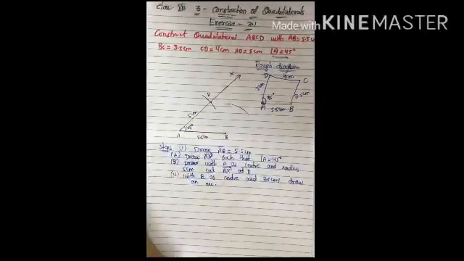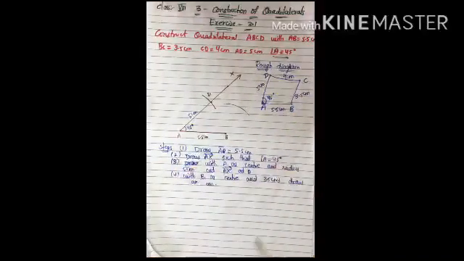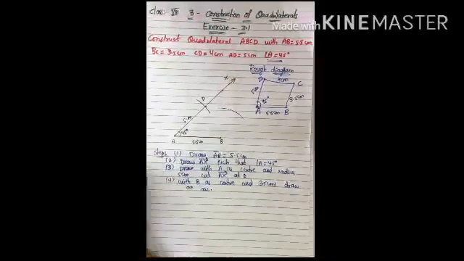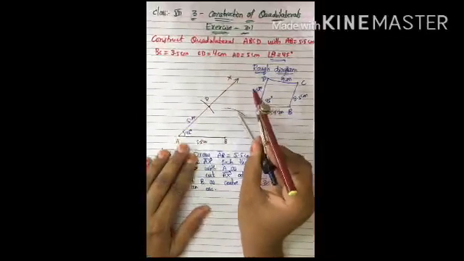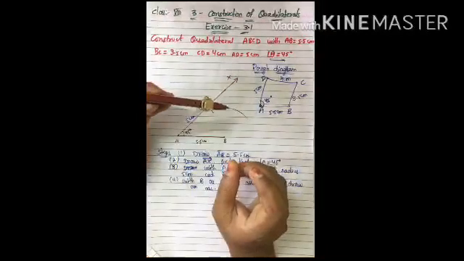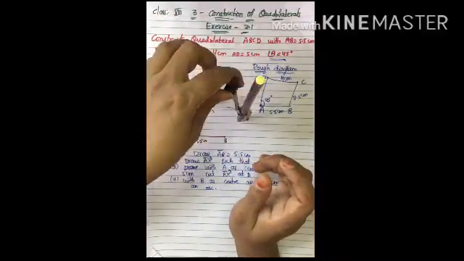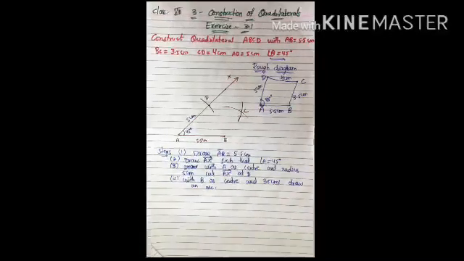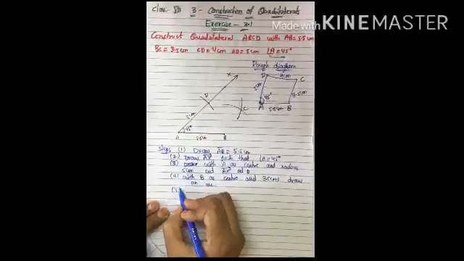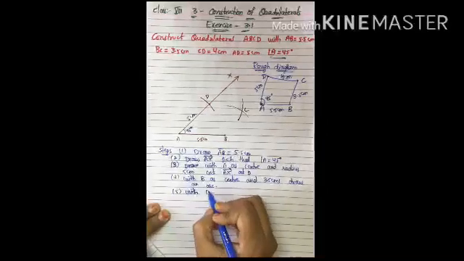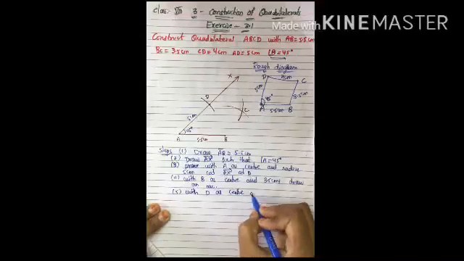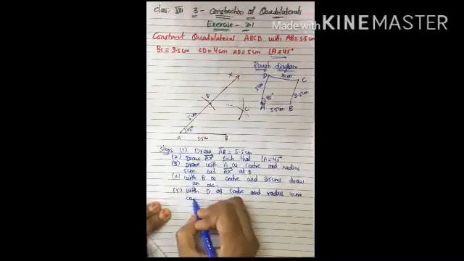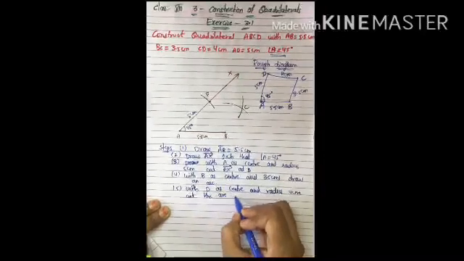Still one more measurement is left over, that is CD, 4 centimeters. So take 4 centimeters radius. From where are you going to draw? Here there is no fixed point, so we should cut with D as center. With D as center and radius 4 centimeters, cut the arc at C. Now I am writing the step: with D as center and radius 4 centimeters, cut the arc at C.